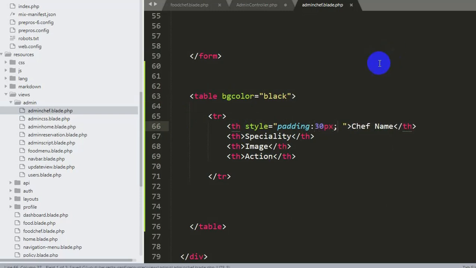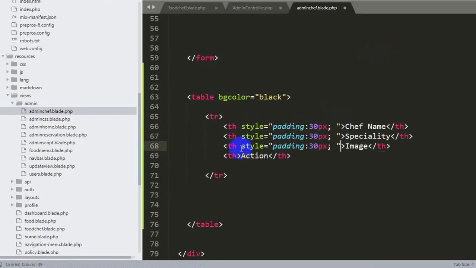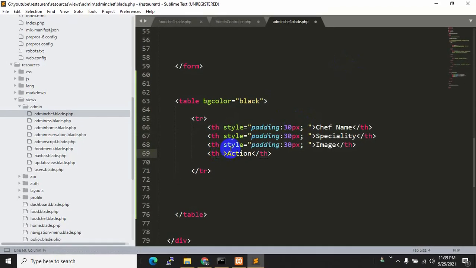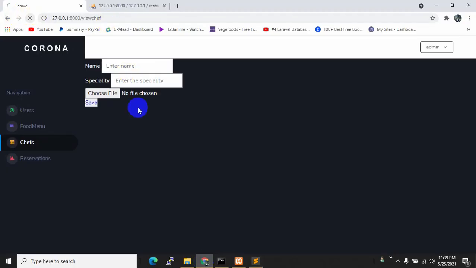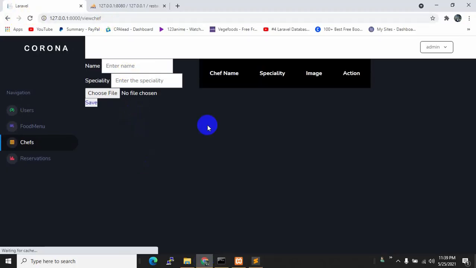Let's just copy it and paste it inside every th, Control C, Control V, Control V, and Control V, Control S. Now let's refresh over here. So here you can see chef name, specialty, image and action.